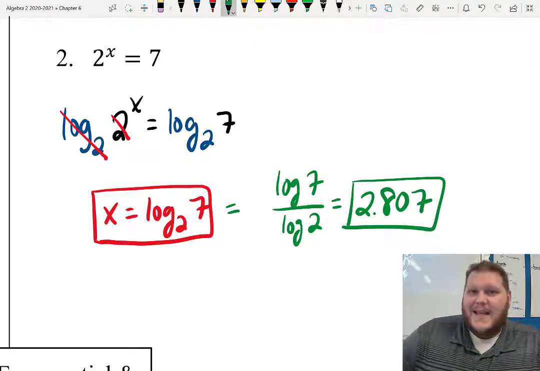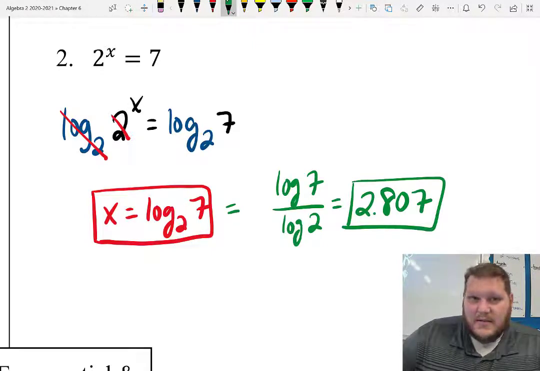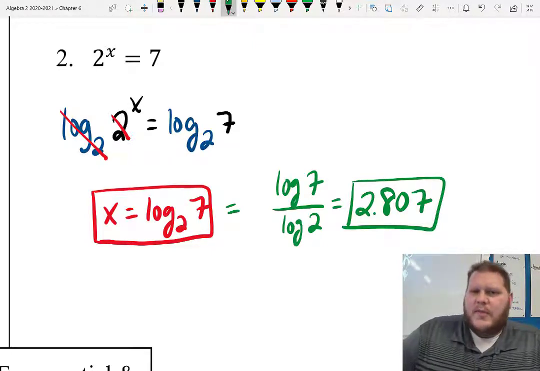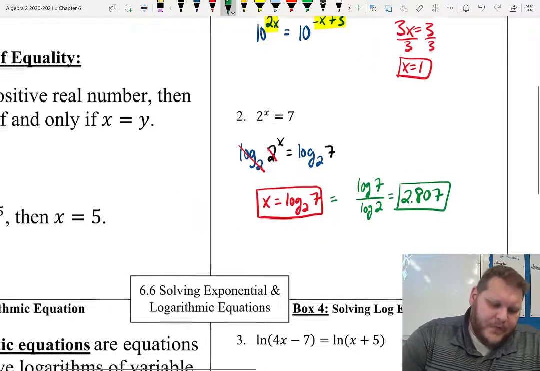If they specifically say round your answer to the nearest thousandth, the 3 decimal places, that would be what we'd have to do. If it doesn't say so, you can just leave it as log base 2 of 7. Okay,